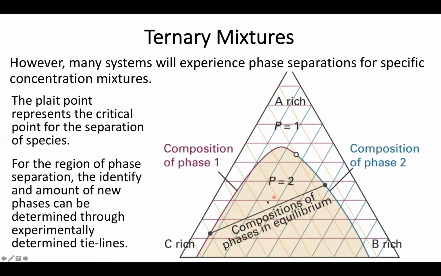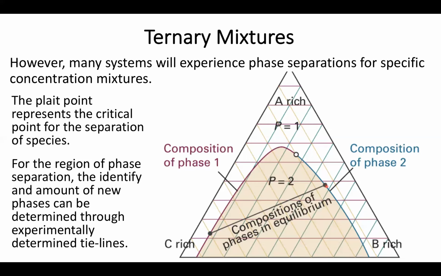system splits apart. For example, if I go ahead and have a mixture at this point, I know that it should essentially split apart into a fraction that is more of a mixture of B with a little bit of A and C present. And again, we can figure out this composition. And note that it's mostly B rich